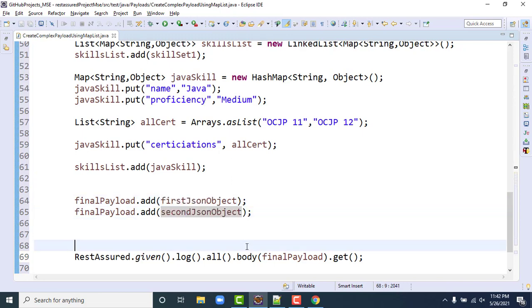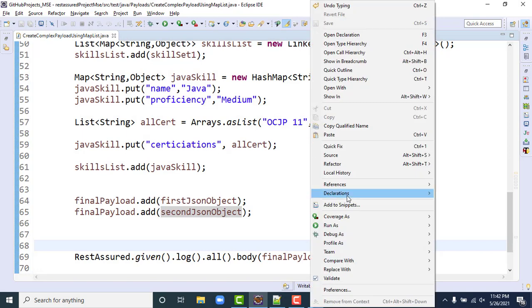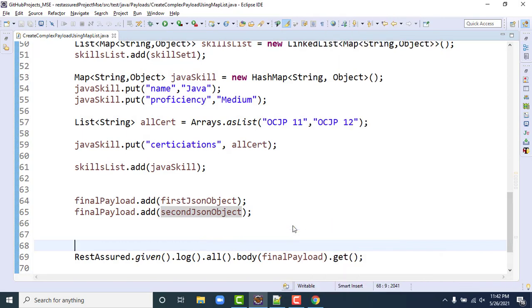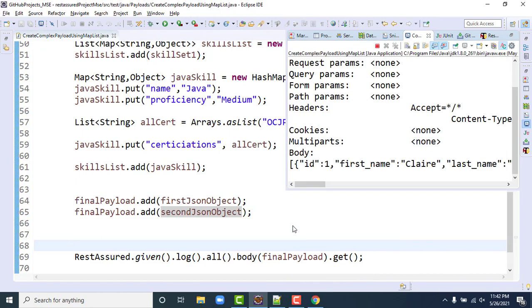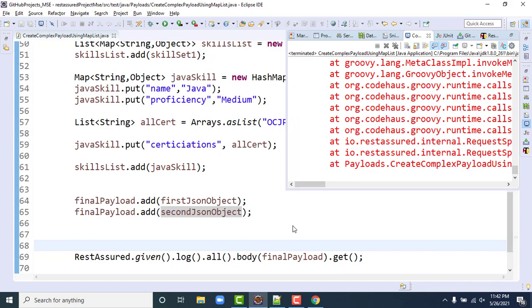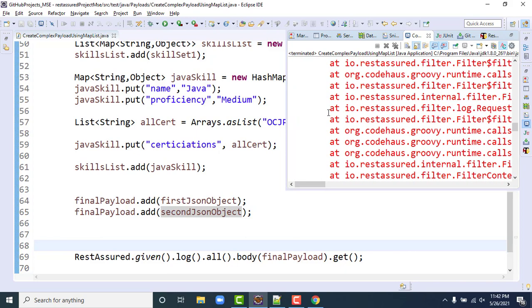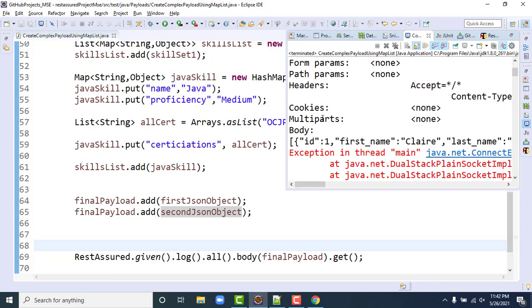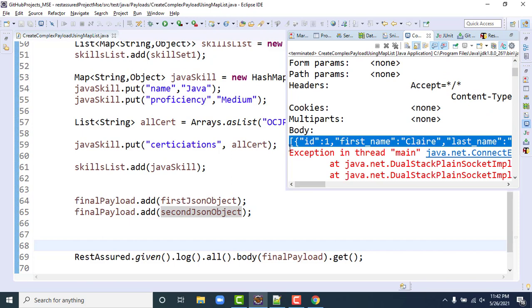Same I am passing. So let me run this and see whether it has created the correct payload or not. So this is the way we need to follow. You cannot be perfect the first time itself, but you need to practice and to understand. I'm not sure whether I might have also made some mistake here while creating, but that I need to check. And this is the way you learn.